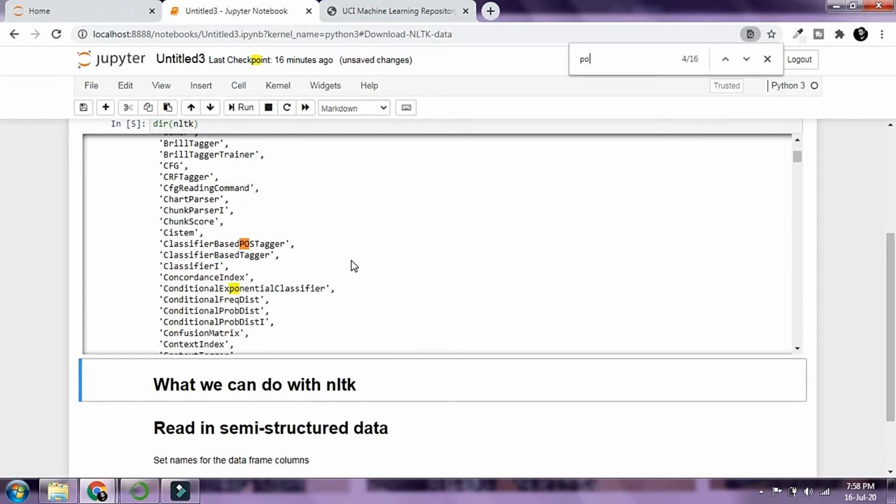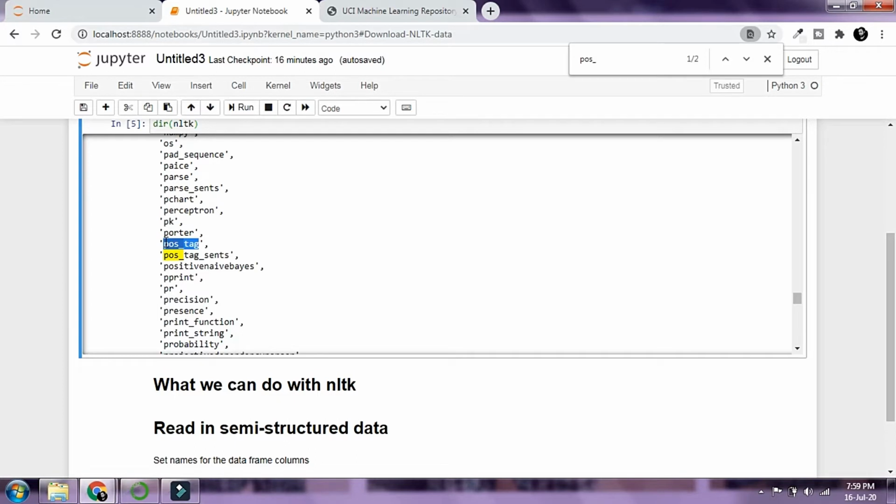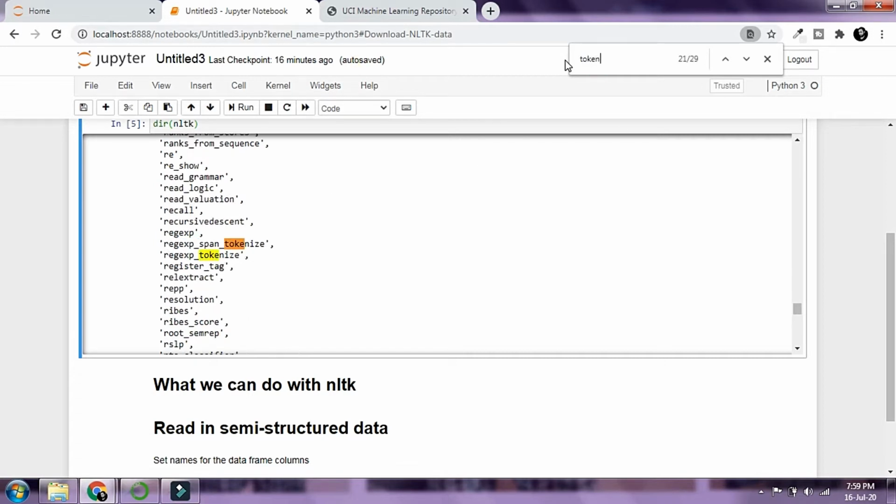There's this pos_tag. So if you recall, in a previous chapter we talked about the various topics that NLP encompasses, and one of them is sentiment analysis or part of speech tagging. So this component is used for part of speech tagging, and apart from that we have the tokenize